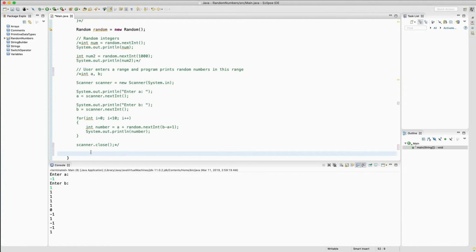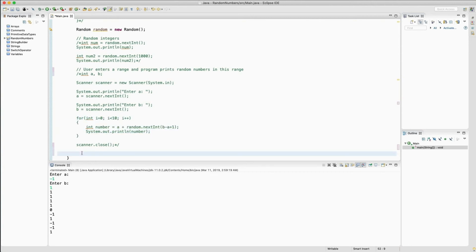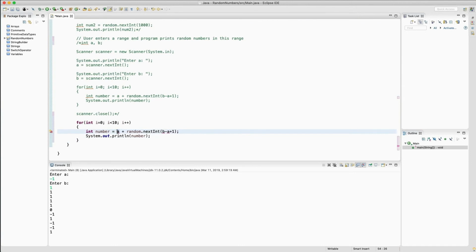Okay, what if I want to print a random letter? In this case, we need to know that all letters have their codes, and all we need to do is to generate letters by their codes. Let's use this loop and change it a little bit. We should know that